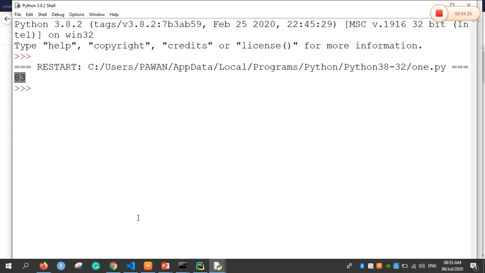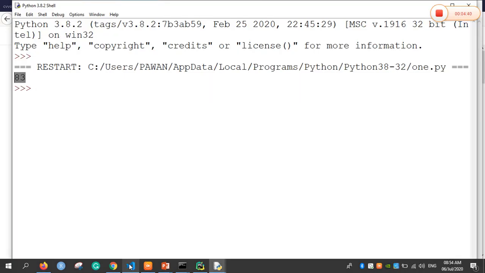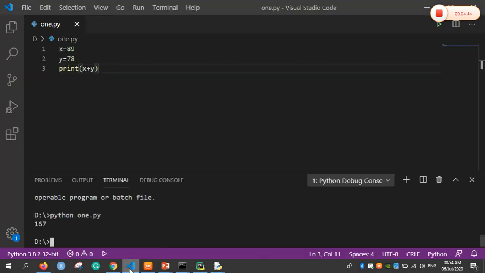The third way of running the Python program is installing VS Code software in your system. VS Code can be used for Python or R or JSON. VS Code is a very important software here. Here I opened VS Code and typed x equal 18 and y equal 78 and added those two values.